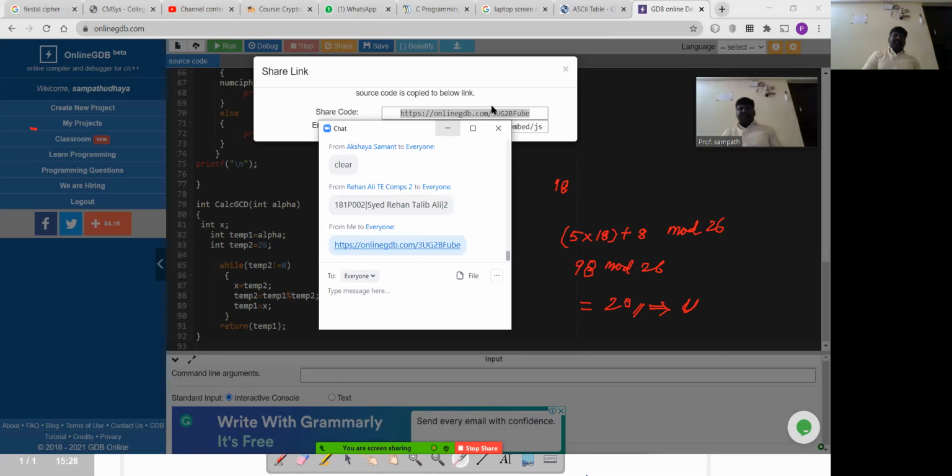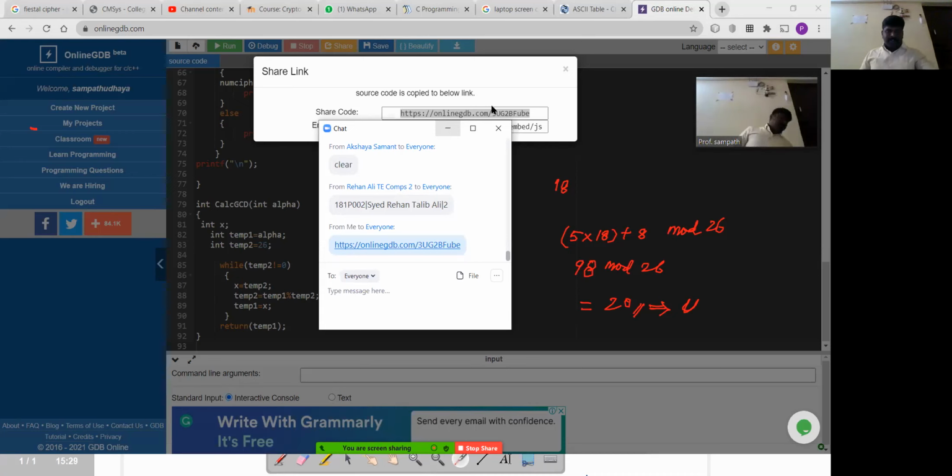First of all, you need to have that 26 minus alpha value, multiplied by y minus b. Is it clear? That is the logic behind the decryption part of the affine cipher.